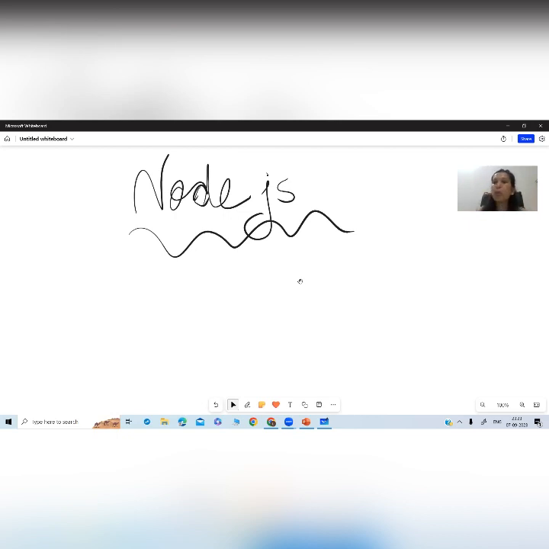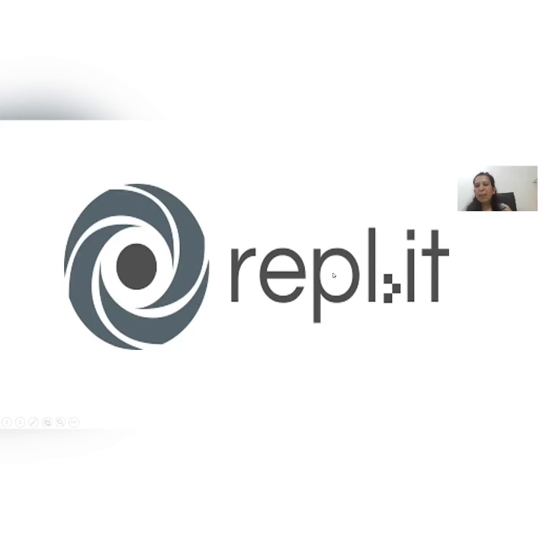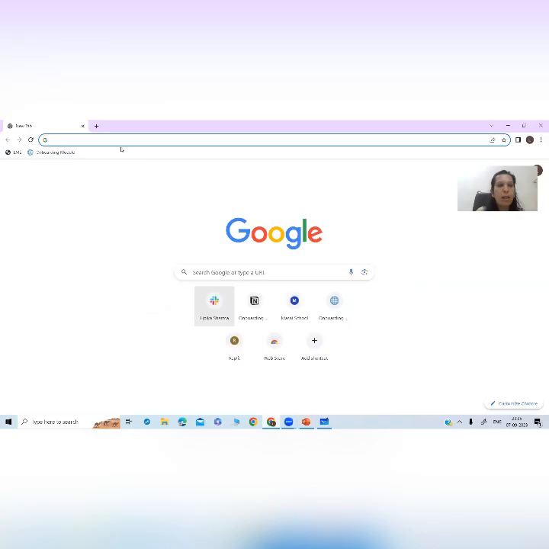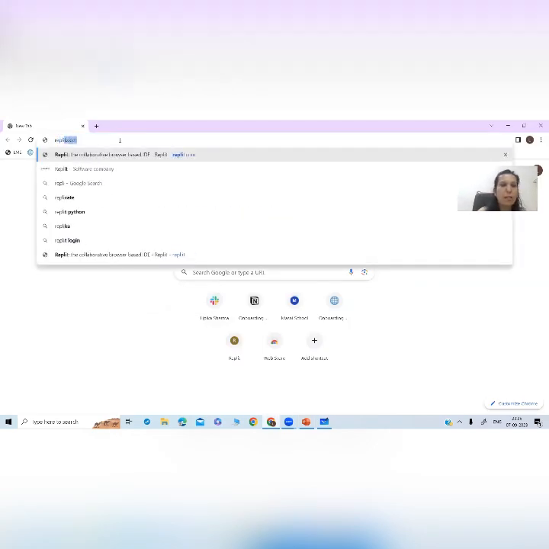So I'm going to take you to another open source IDLE that is known as Replit. Replit is an open source editor where you can write your code and you don't have to store it on your computer. It will be stored over there. So I'm going to take you to this platform. I'm going to share this link. Everybody will have to make their account on that. And I'm going to guide you on how we are going to execute those things. All right. And let me type in Replit.